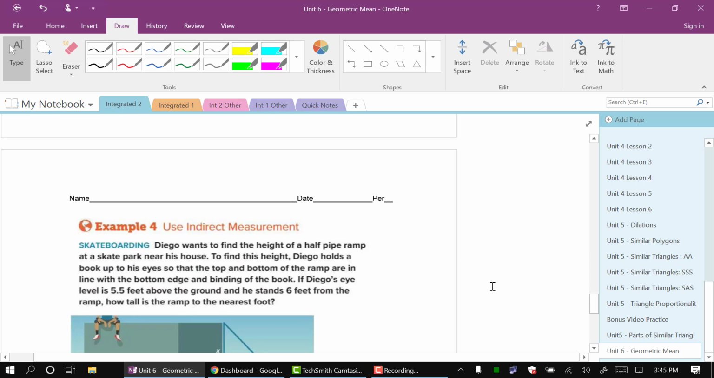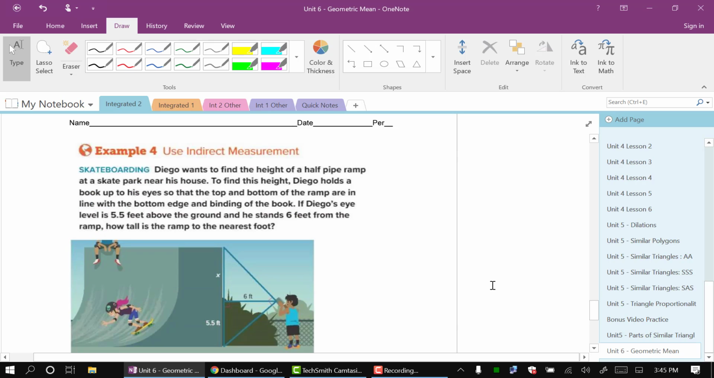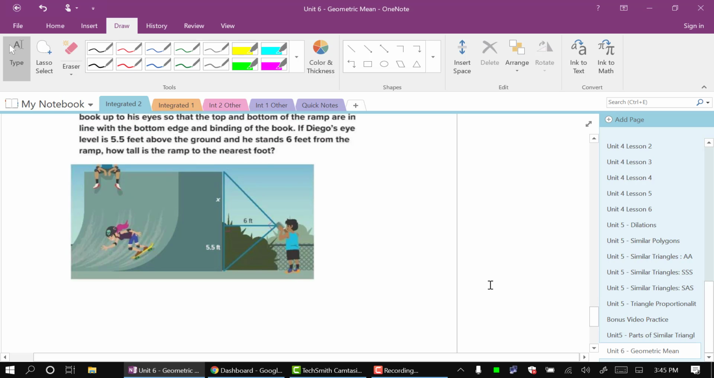So example 4. Diego wants to find the height of a half-pipe ramp at a skate park near his house. To find the height, Diego holds a book up to his eyes so that the top and bottom of the ramp are in line with the bottom edge and the binding of the book. If Diego's eye level is 5.5 feet from the ground and he stands 6 feet from the ramp, how tall is the ramp to the nearest foot? So he's standing 6 feet away from the ramp. His height right here is 5.5 feet. So we're going to use our geometric mean to find our altitude. Because we have our altitude right here of 6, we know that this part is 5.5,